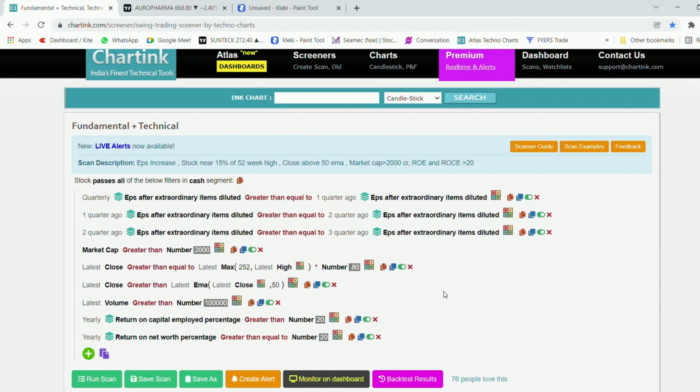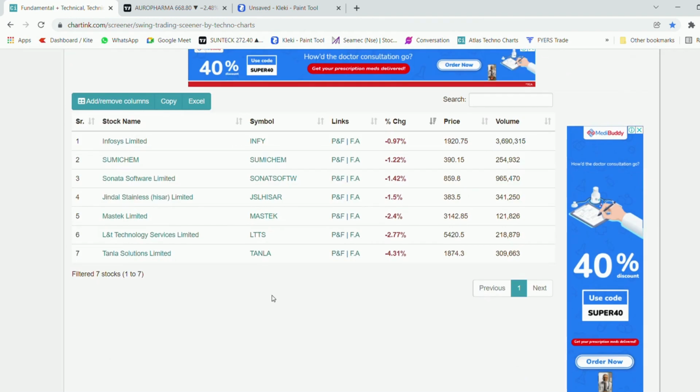This screener is going to give us around 5 to 7 stocks per week, and it could be more or less. One does not need to screen the stocks every day, because these stocks are good enough for the next weeks. So we have around 7 stocks on this day. Let us go through these stocks in the TradingView platform and see how one can take an entry using this screener.